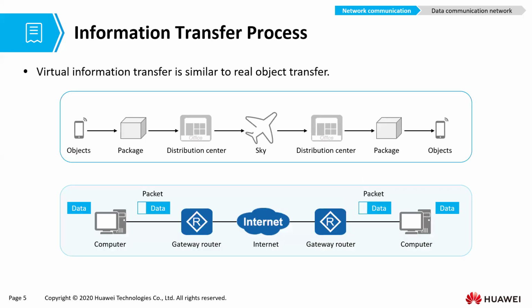Information transfer process. So here we have an analogy. Visual information transfer is similar to real object transfer. This analogy will be used to explain how information is transferred through a network. You can see this one is representing real object transfer. Where's my pen? This one. So on the transfer, probably this phone, some package,